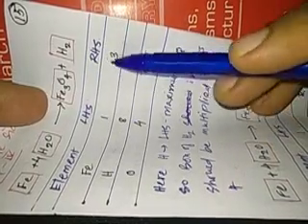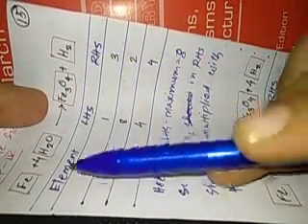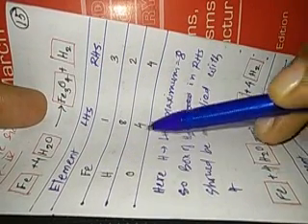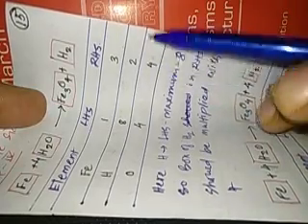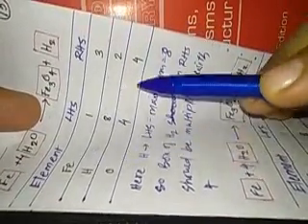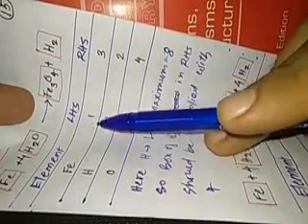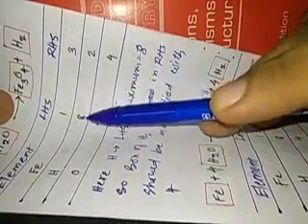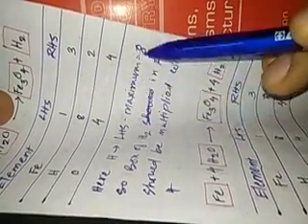We know that here we have Fe, H and O. On the left hand side we have 1 Fe and on the right hand side we have 3 Fe. Left hand side we have 8 hydrogen and right hand side we have 2 hydrogen. Left hand side we have 4 oxygen and right hand side we have 4 oxygen. So now oxygen has been balanced, but we have 8 hydrogen on this side. Here H on the left hand side is maximum, equal to 8.